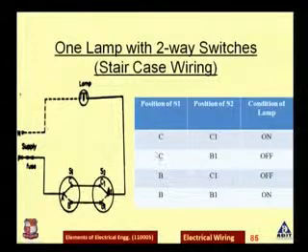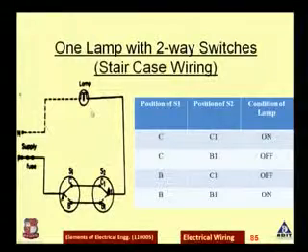Now let us see the second condition, in which my switch S1 is in C point or C terminal. But what is the position of switch 2? It is in B1, that is in this position. So what will happen? The circuit will not be completed, so the lamp will be in the off condition. In the same way, if my switch S1 is in B point and switch S2 is at C1, in that case also the lamp will not glow.